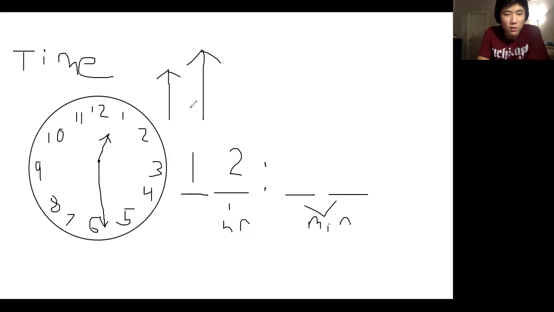And the minute would just be the longer hand, right? This one over here. And we look at what this is pointing. And the thing about clocks is that for hours, these each go up by 1 increments, but for minutes, it goes up by 5. So if this minute hand was at 1, it would actually be 5. If it was at 3, it would be 15. If it was at 8, it'd be